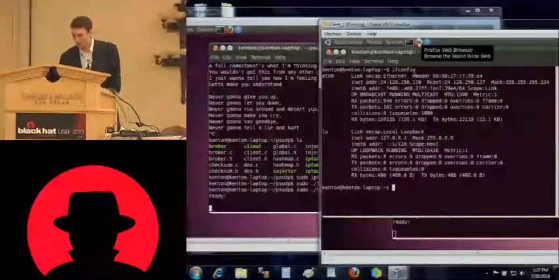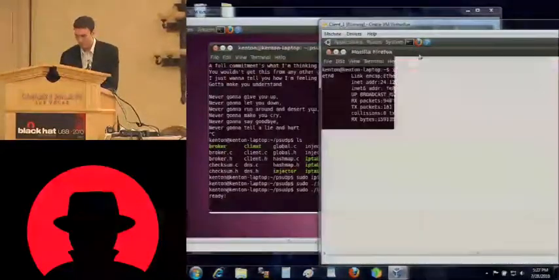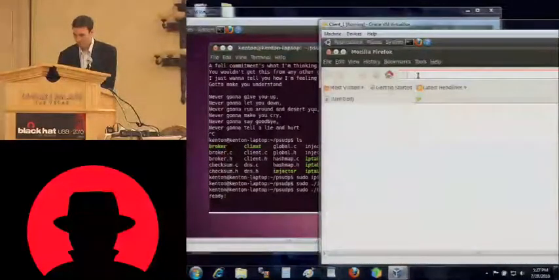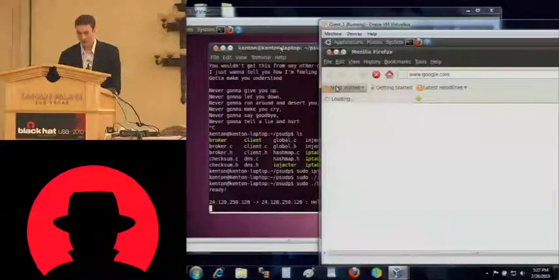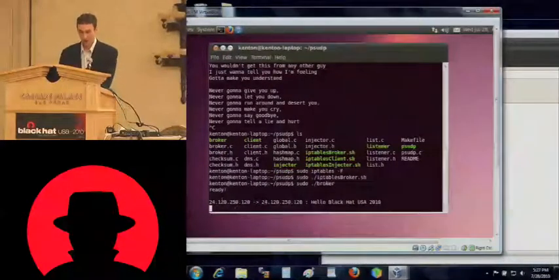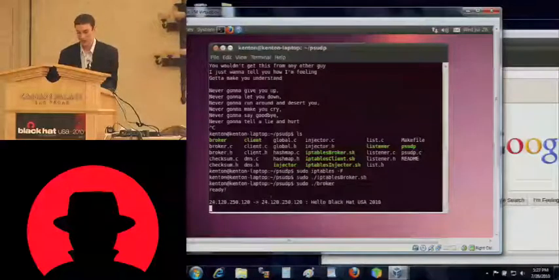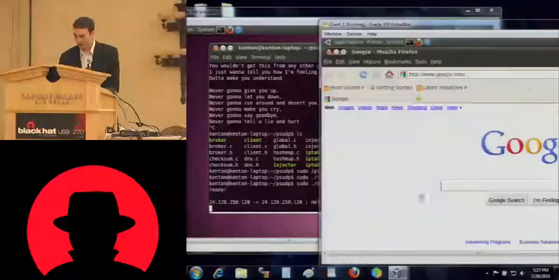So now we're going to open up our browser again. And here we go over at the broker. We received the message. Okay, so we got a message from 24.120.250.120 going to the same IP address. Hello, Blackhat USA 2010. So now back over here at our client,